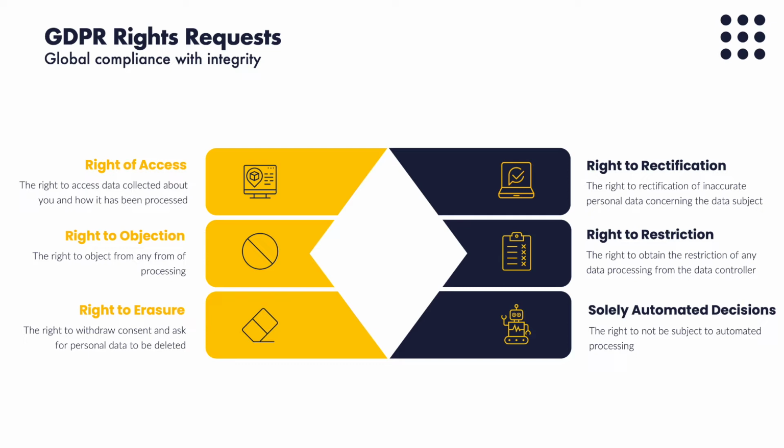The right to rectification gives the data subject the ability to ask an organisation to correct any personal data which they believe is incorrect, incomplete, or even out of date. If a rectification request is made, you should review any data held on the individual and amend it as instructed.